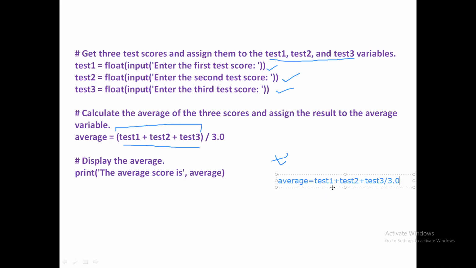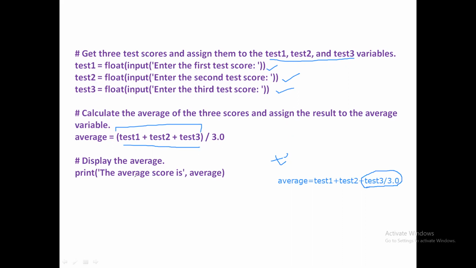Guess what will happen? Because the plus operation has lower precedence compared to division, the division will be performed first, which gives us wrong values. So you need to be very careful about the usage of parentheses. In this example program, it is compulsory to use parentheses to group the addition operation. Test 1 plus test 2 plus test 3 must be grouped together to calculate, and then perform the division by 3. Otherwise you will get wrong results.